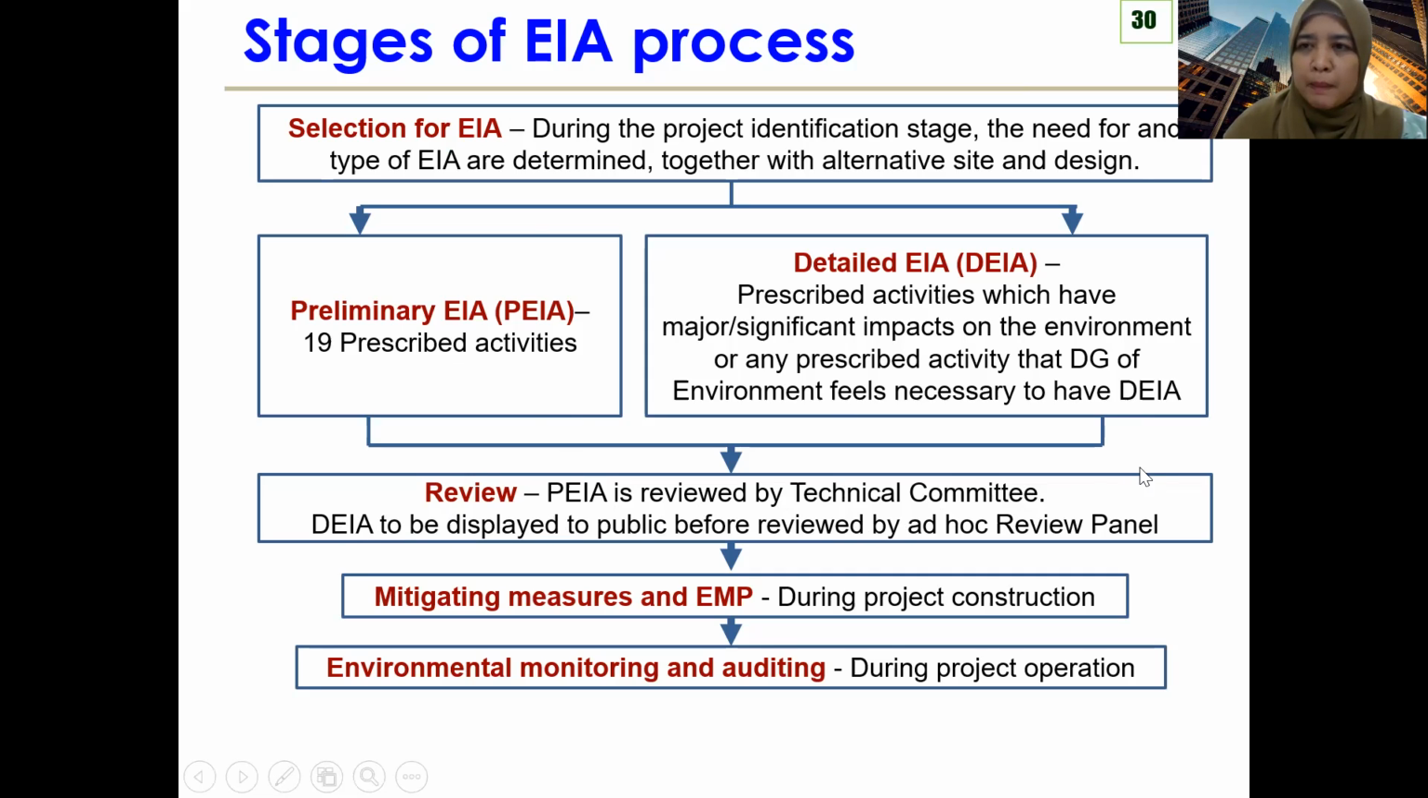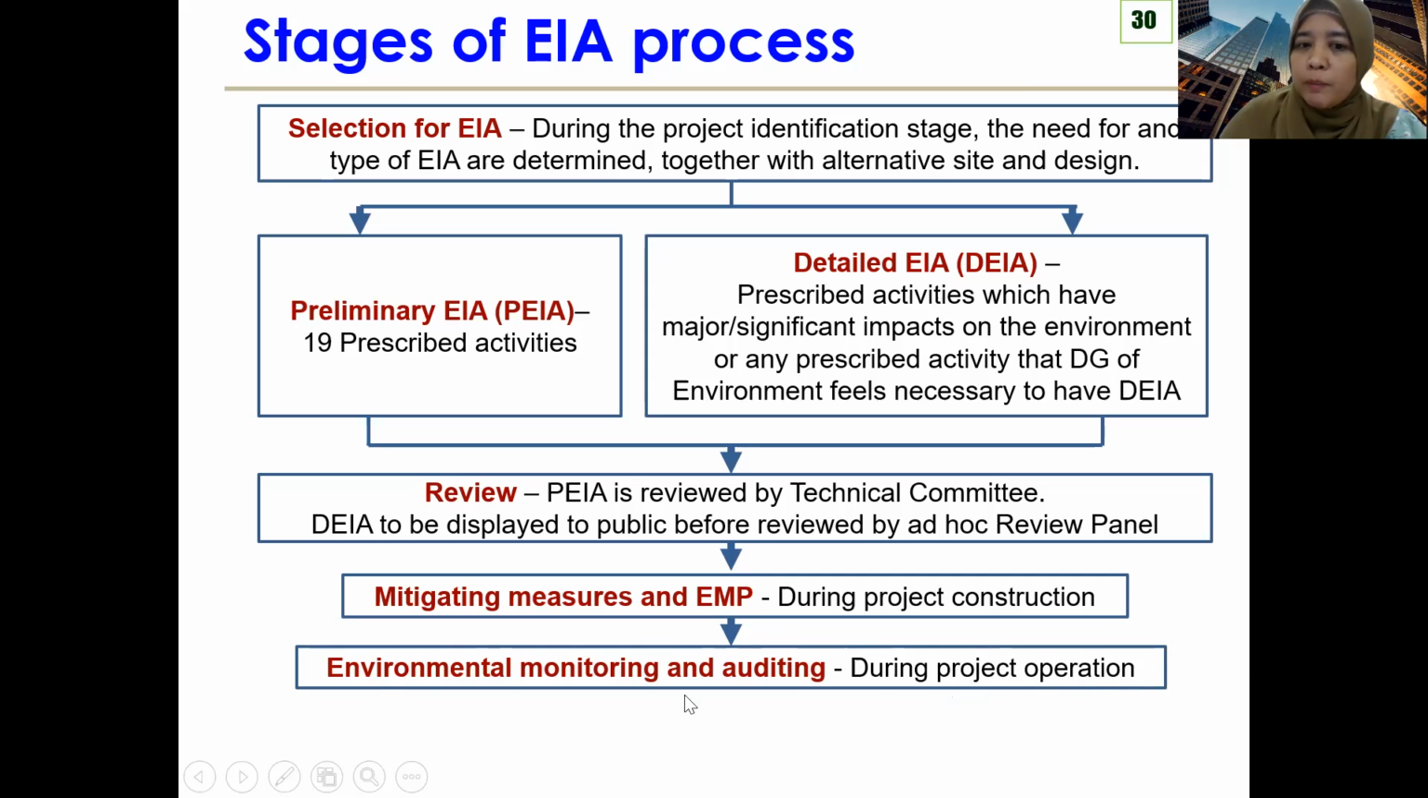But whatever it is, the public is given the right to review, to see the DEIA, and they have that right under DEIA. Then there are the mitigating measures and also the environmental management plan, EMP. Mitigating measures means the steps that you can take to minimize the risk, and the environmental management plan means the detailing out of the mitigating measures. So maybe in terms of timing, in terms of manpower, during the project construction being implemented. Then during project operation means